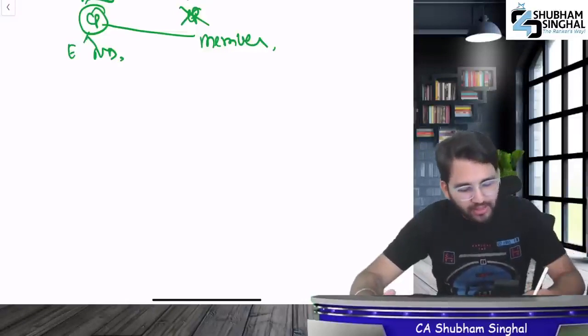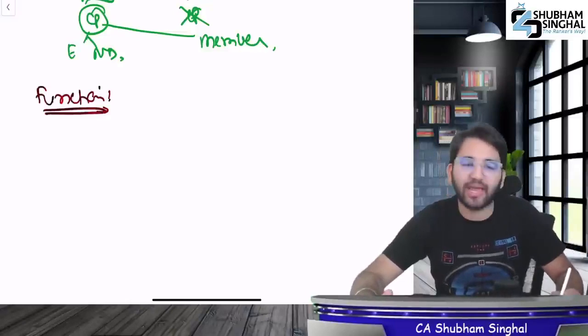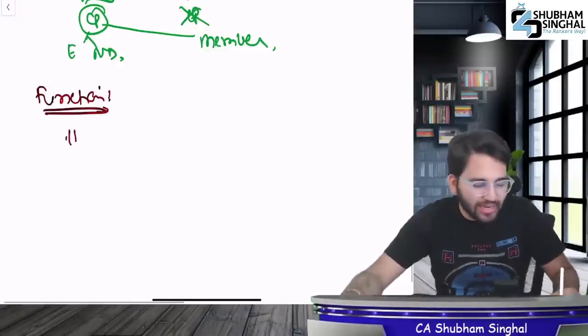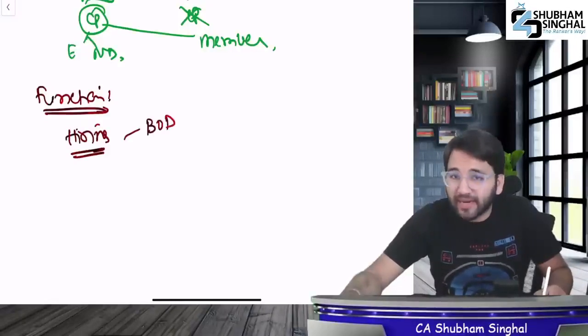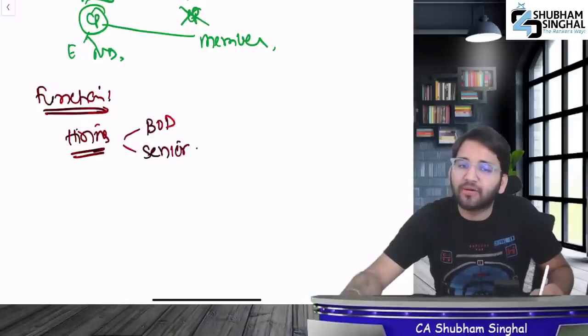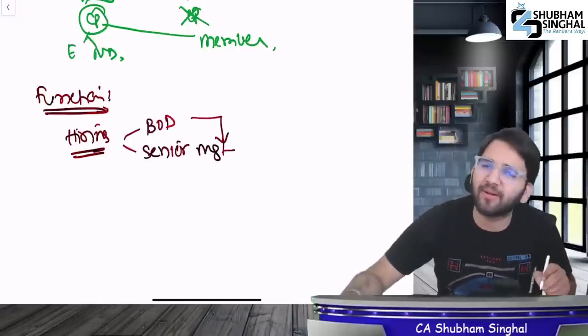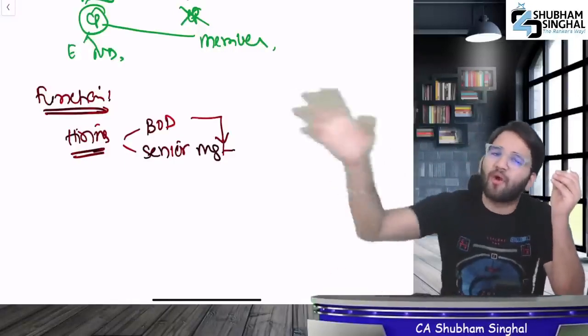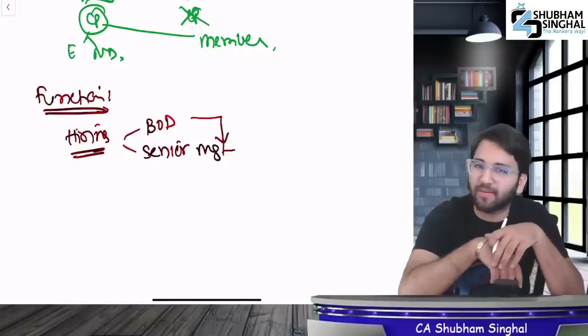Let's proceed. What is the function of the nomination and remuneration committee? Firstly, it has to hire. What does hiring mean here? To find people who can become directors in the board of directors, or be hired in senior management. Senior management is one level below the board of directors. Or consider the department heads. They are also part of the senior management. Who hires these people? The nomination and remuneration committee.